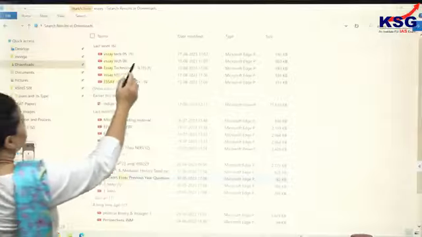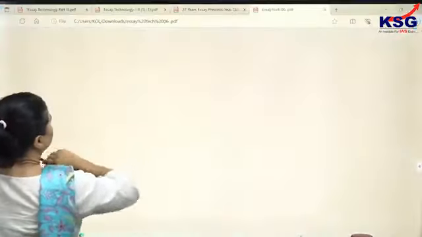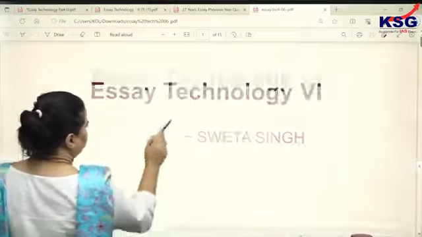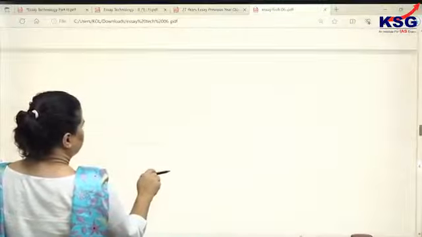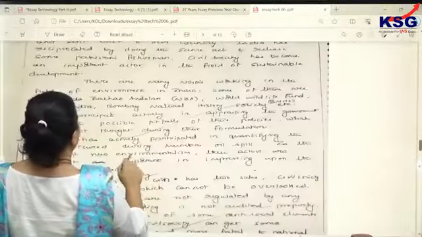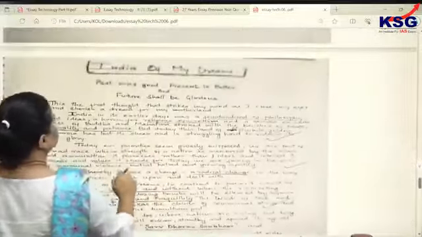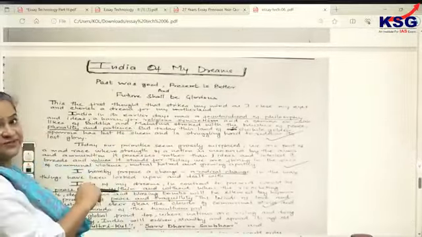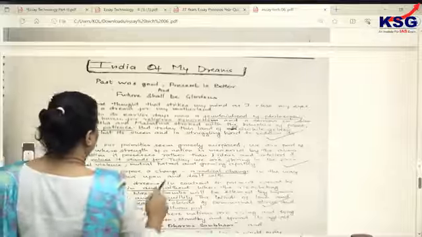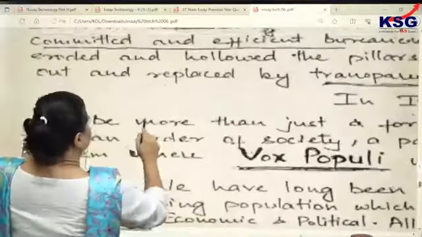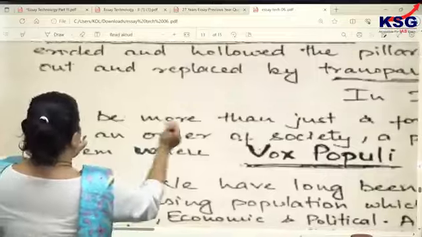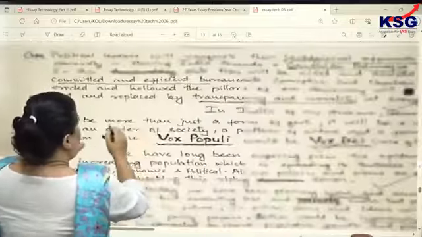Okay. So, with respect to this, I'll show you. There is this essay of one of the students, which we will be reflecting upon later, but presently just showing a part of it. See this. The topic was India of My Dreams. And in the topic of India of my dreams, with respect to democracy, this student ended up writing something quite engaging, which I want all of you to see.